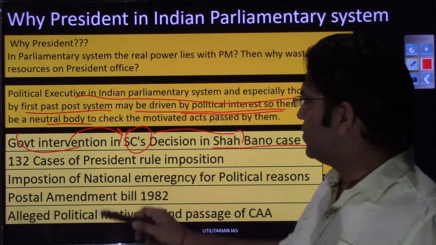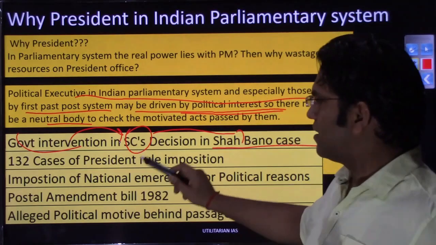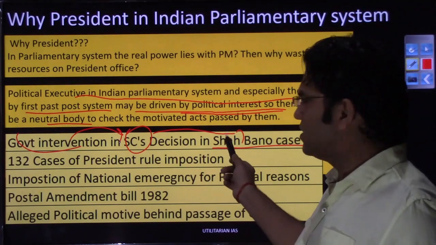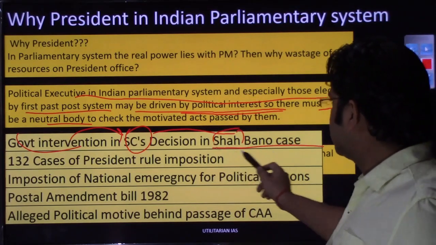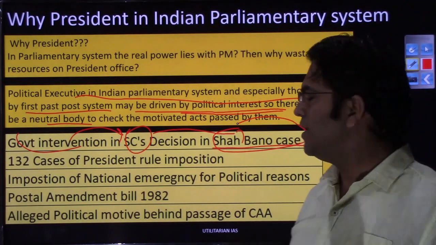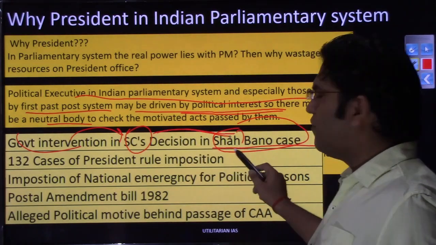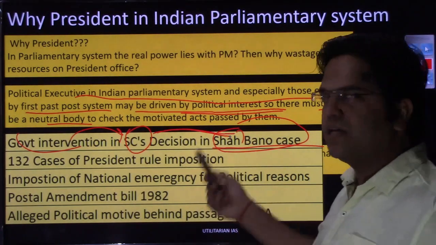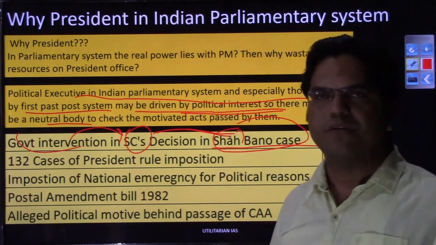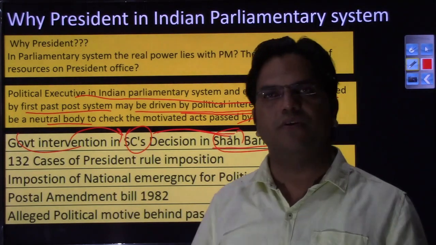In this case, the right kind of judgment was by the Supreme Court, because that person had abandoned this 62-year-old lady who had 5 sons to rear. So the alimony award was obvious, she should have been given the compensation. But due to political interest, because here on one side you have one woman,